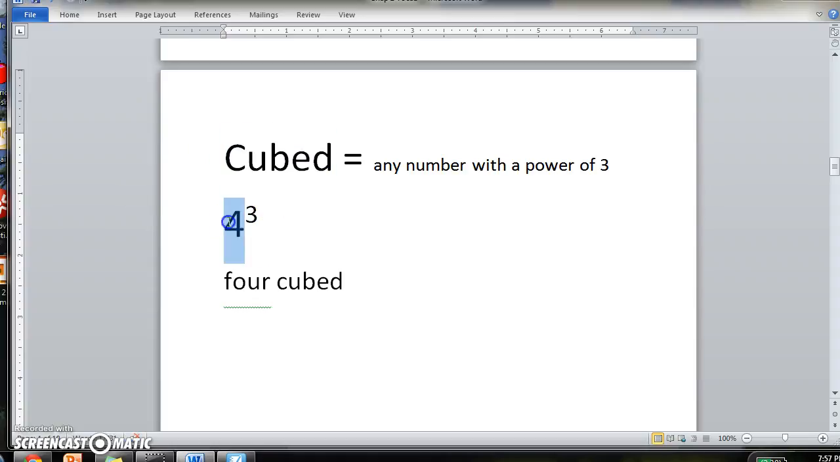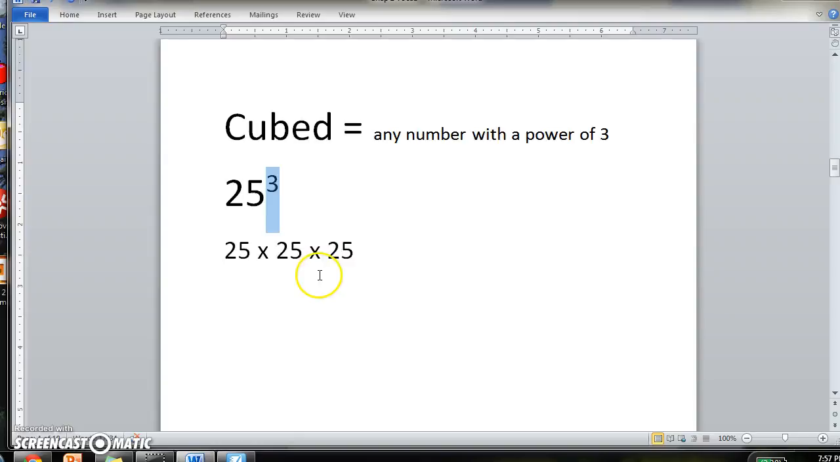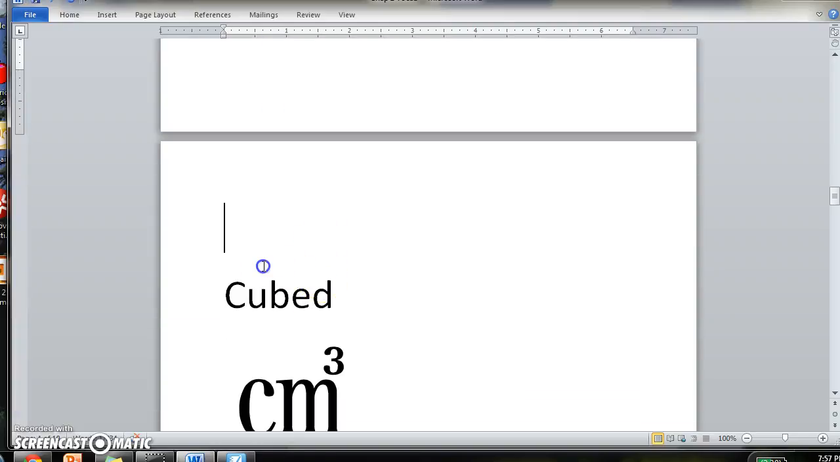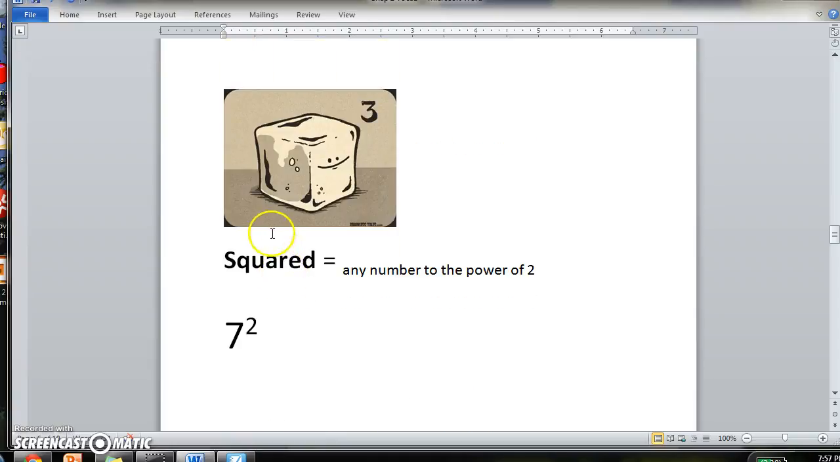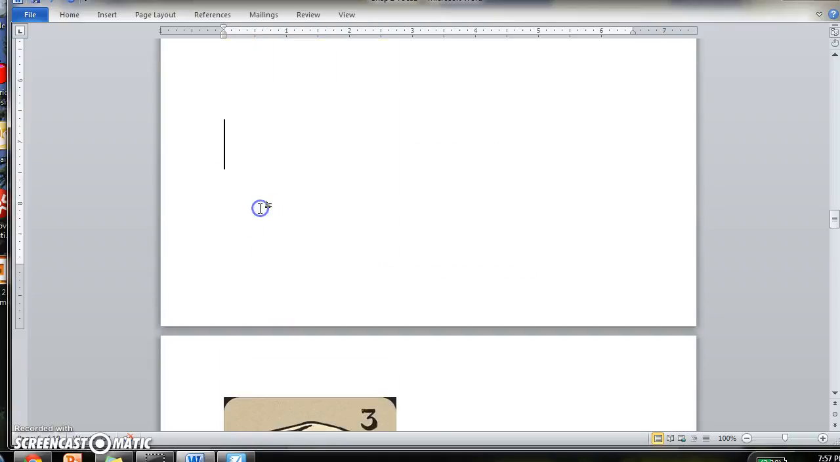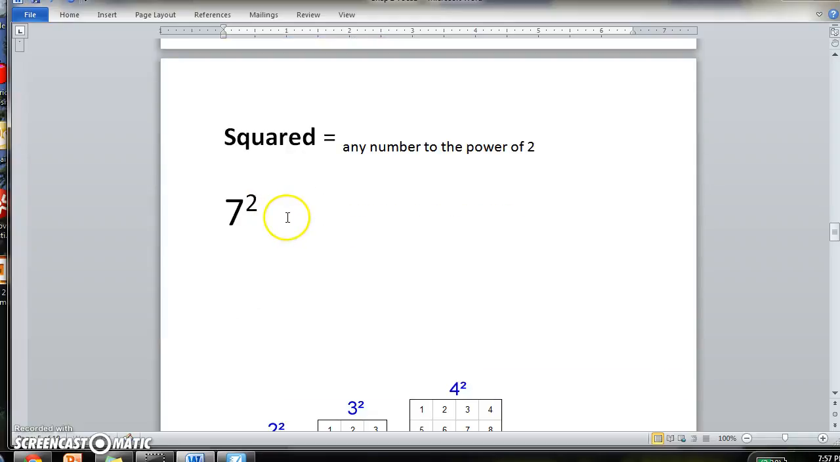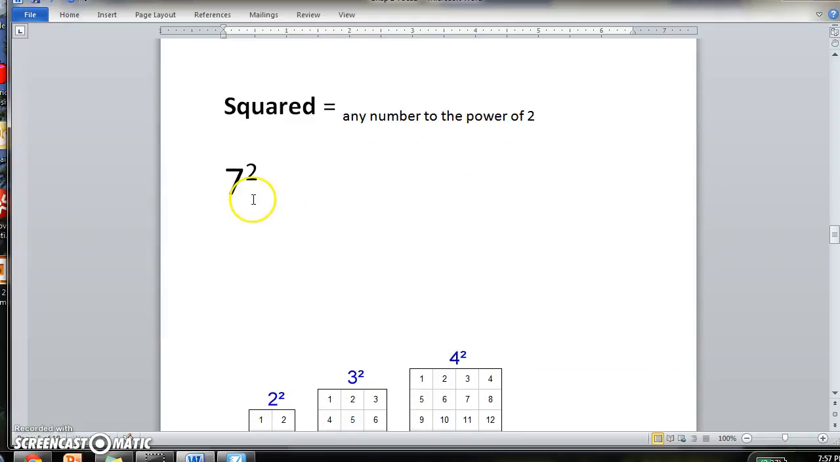Any number that you have an exponent of 3 is called cubed. It could be any number. I could say 25 cubed, and this would be 25 times 25 times 25. So any number with an exponent of 3 is called cubed, which leads us to our next one. Our next one is squared, and that's very similar to cubed, except it's any number with an exponent of